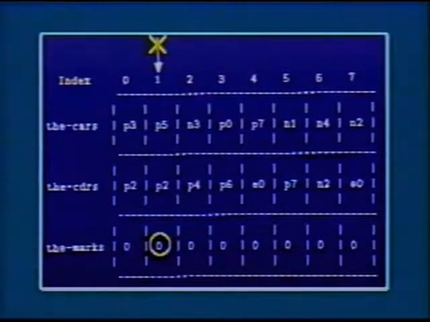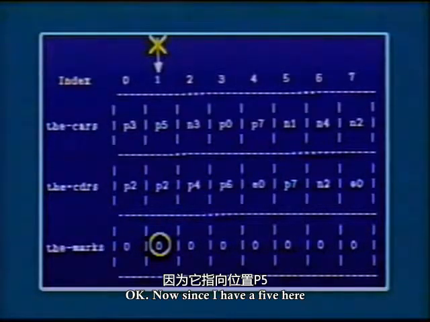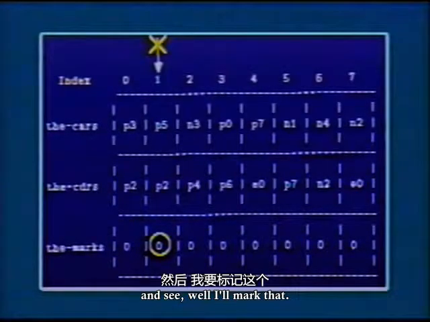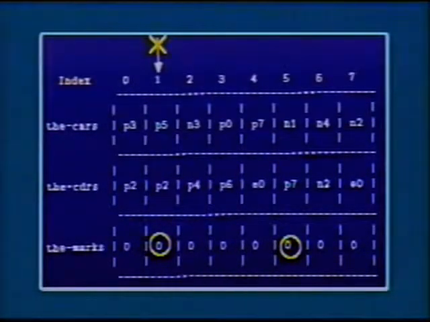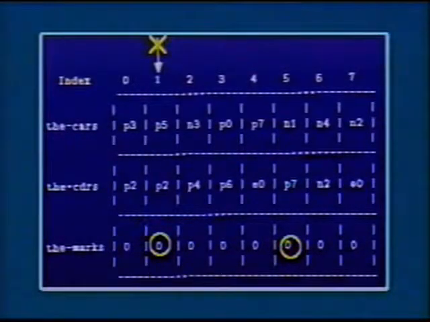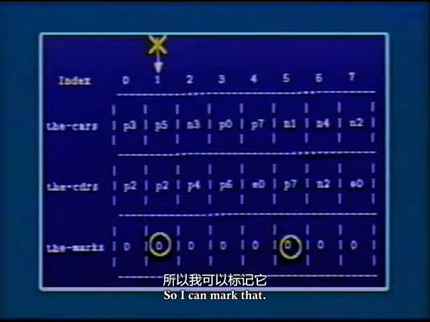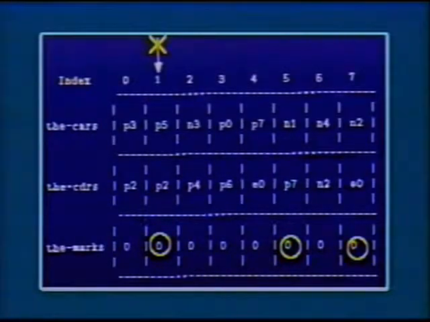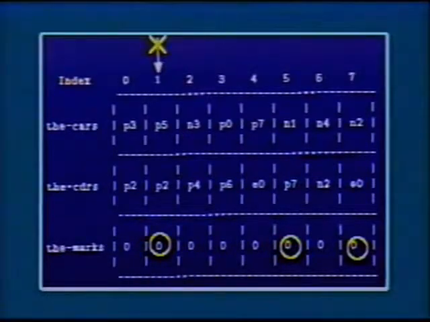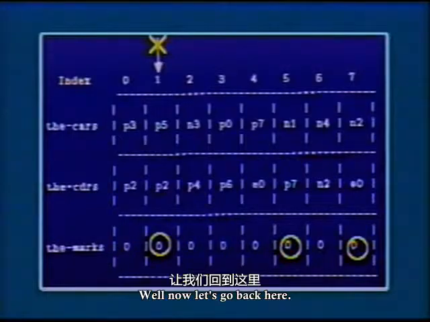Bang. Okay, so that's marked. Now, since I have a 5 here, I can go to 5 and mark that. Bang, that's useful stuff. But 5 references a number in its car. I'm not interested in marking numbers, but its cdr is 7. So I can mark that. Bang. Okay? 7 is the empty list, the only thing it references, and it's got a number in its car. Not interesting.